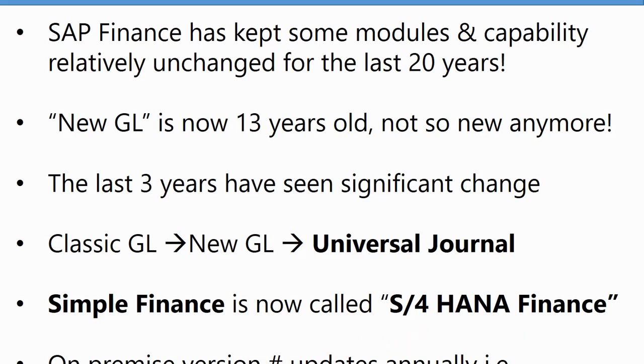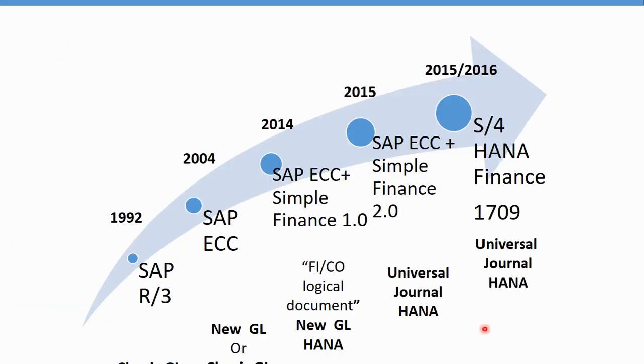Now the versions here refer to S4 itself. I'm just using finance because it's part of this course. So just for your own understanding, nowadays anything that's S4, you'll see a version number and that denotes the year. So it'll give you an idea of the evolution. And let's go through that now in more detail. So in terms of timelines,